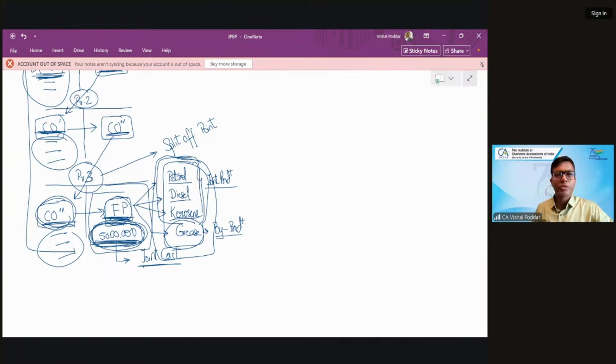It is the common cost for all these products combined. Now, I need to find out the cost of each product separately also. So what I have to do mathematically is divide this 50 lakhs, which is my joint cost, between all the products. What we'll be doing in this chapter is dividing, bifurcating, or in their language, apportioning